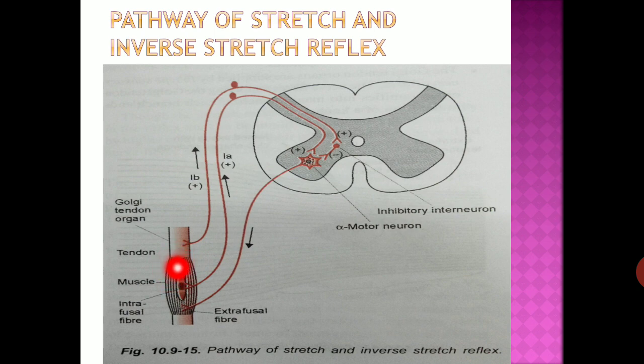When there is increased muscle contraction and excessive tension, the Golgi tendon organ is stimulated, senses this exceeding tension and sends signals through 1B fiber to the spinal cord through the dorsal nerve root. In the spinal cord, group 1B afferents stimulate the inhibitory interneurons, and the inhibitory interneurons release the inhibitory neurotransmitter glycine, which inhibits the alpha motor neuron and causes relaxation of the muscle that was originally contracted.